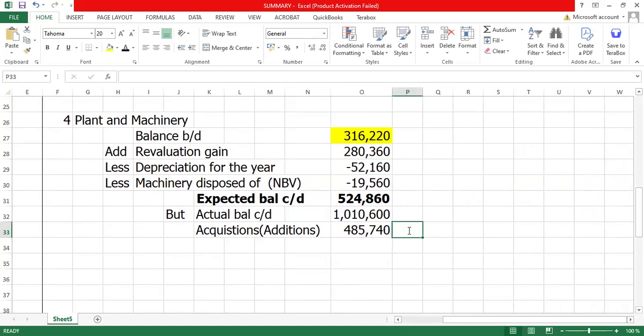So this will be part of what? Who can tell me? Part of the investing activities. Remember, under investing activities,